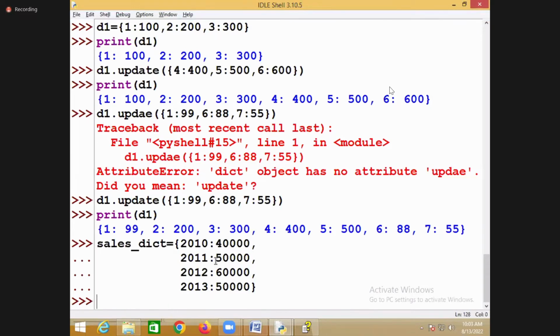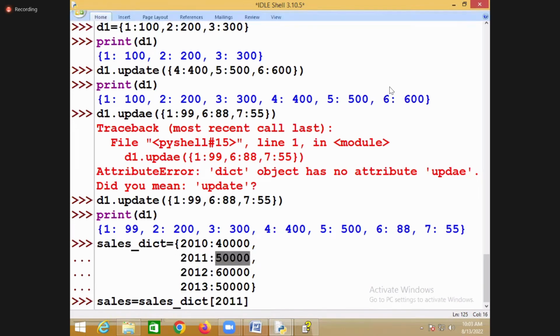I want to read the sales of 2011. I can read it. Suppose I'm writing sales equal to sales dictionary of 2011. Is year 2011 there in the dictionary? Yes. So what is the sales it returns here? 50,000. Dot. I can use a method. What is the name of this method? Setdefault. So this setdefault method will read the sales of 2011. What is the sales of 2011? 50,000. So it will return